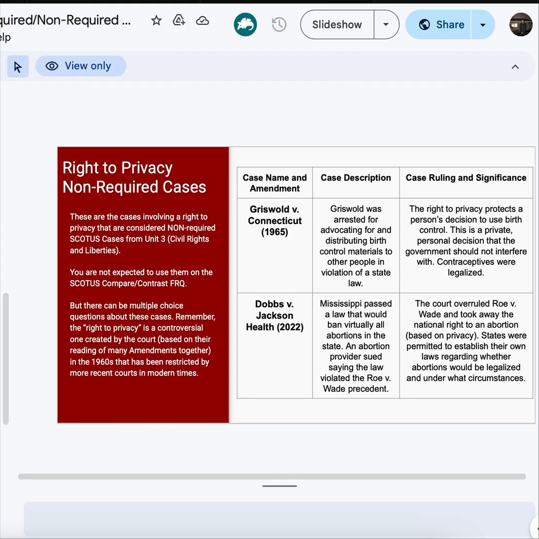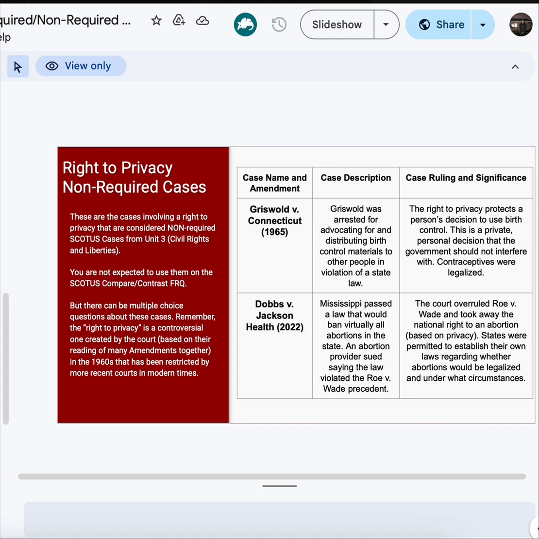Next one is Dobbs v. Jackson Women's Health Organization, a case in 2022. Key principle of this was 14th Amendment and due process clause. Case summary was Mississippi passed a law banning most abortions after 15 weeks of pregnancy, and an abortion provider challenged